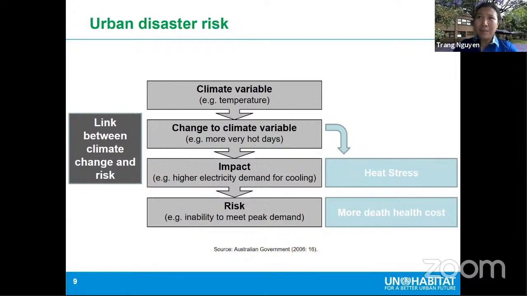Many people are still a little bit confused about some basic concepts, for example, disaster risk and climate change impact. So what is the difference between disaster risk and impact? They are somehow intertwined, but they are not exactly the same. As this image illustrates, one kind of distinction is, for example, that the impact could be from climate change. One of the variables could be rising temperature, and the impact could be consuming more electricity, more energy,